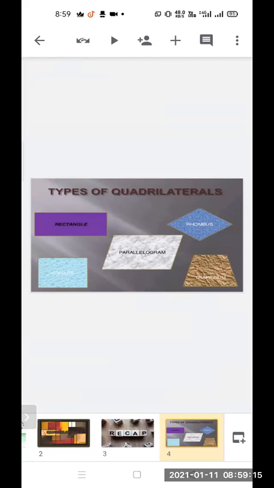From the word itself, parallelogram, it shows the word parallel. So what is the definition of parallelogram, children? A parallelogram is a quadrilateral. It is a four-sided geometrical figure in which pairs of opposite sides are parallel. So if any geometrical figure has opposite sides parallel, we can say that such a quadrilateral is a parallelogram. And we have also studied various properties of parallelogram.